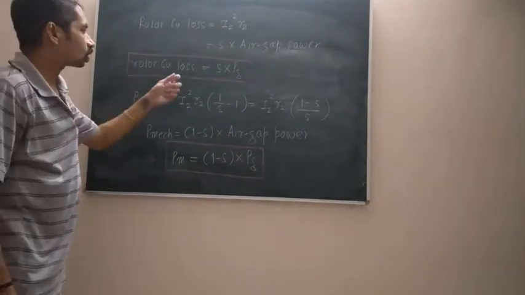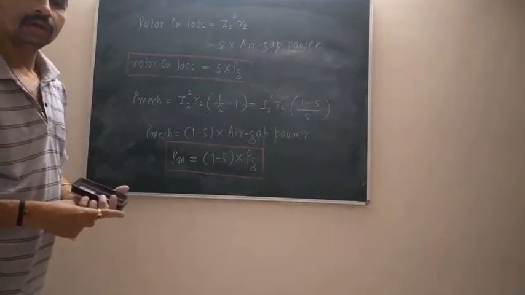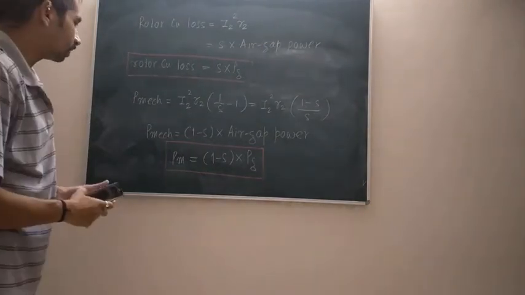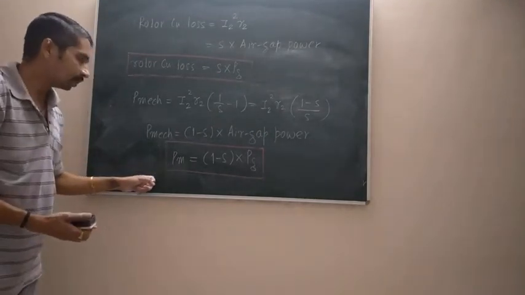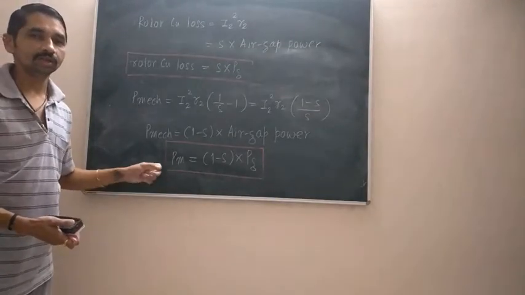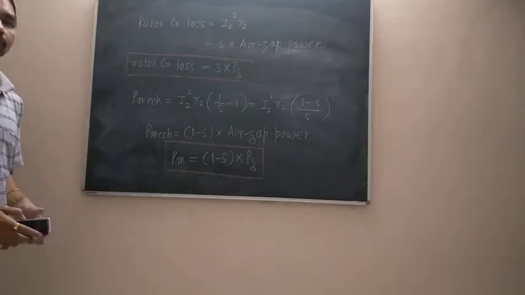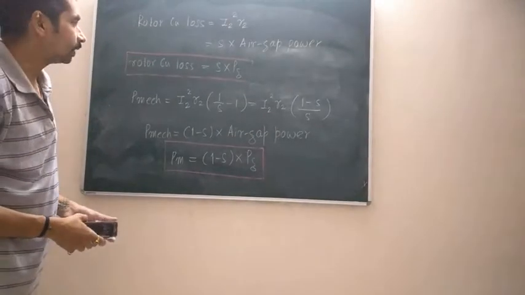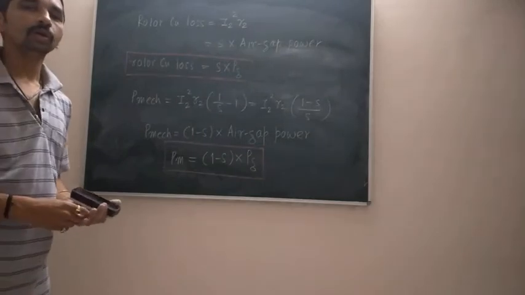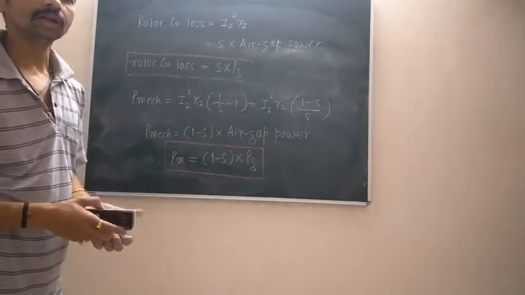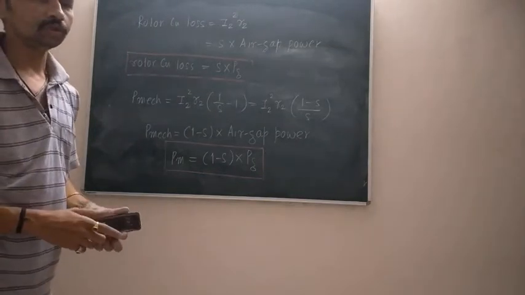So the rotor copper losses which occur in an induction motor are given by the formula slip times the air gap power, whereas the mechanical power is given by the formula Pm is equal to (1 minus S) into PG. Now from this mechanical power, if you further subtract the friction and windage losses, then finally what you have is the output power, or the shaft power, developed by the induction motor. Please go through this entire analysis and see how we have expressed the rotor copper loss and the mechanical power in terms of the air gap power. The idea will get more clear once we start solving the numericals.